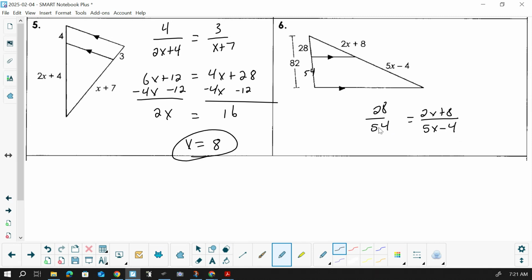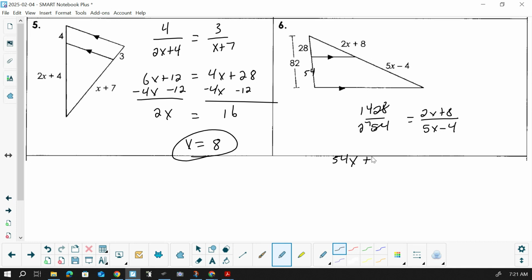Let's see here. I know that 2 goes into both of these. That'd be 14. 54 divided by 2 is 27. Okay, that makes it a little easier, I guess. 2x plus 8, not really. 2x plus 8 times 27, that'd be 27 times 2 is